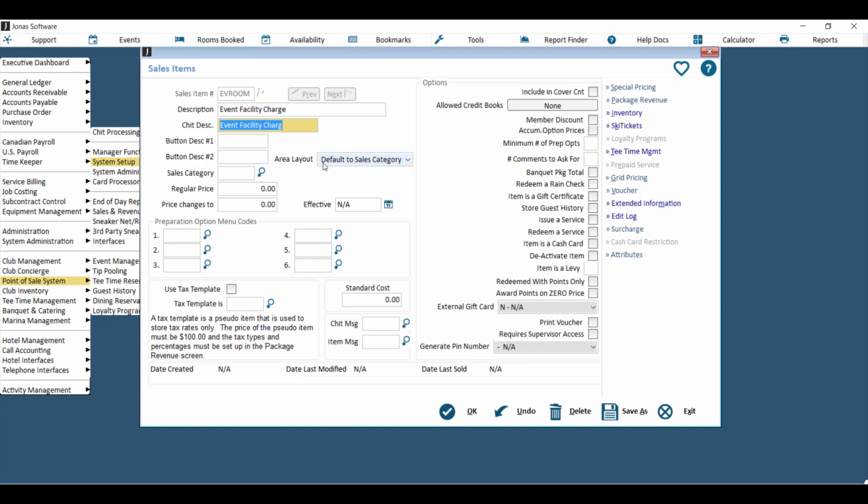Then hit Enter, and the CHIT description is what would print on the receipt if you were to ever bill this outside of the Activity Management Program. Button description is if it was to be on a point of sale menu, and then you need to assign it a sales category, and the sales category is the one that is flagged as an event facility. You can key in a regular price here, or if you leave it at 0, you'll have to key in a regular price for every event. Hit OK to save it,